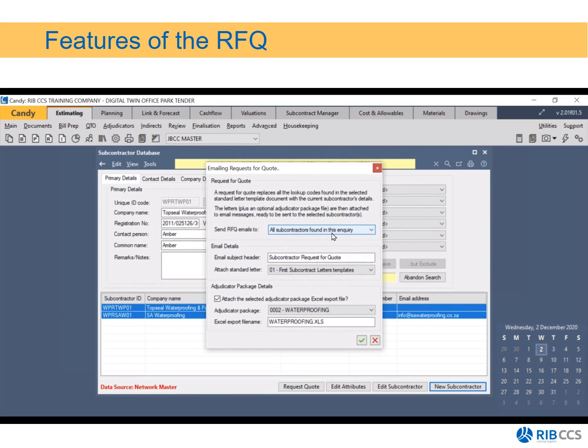I want to send it to all of the subcontractors found in this inquiry. That's correct. The email subject header, I can then change to Digital Twin Office Park RFQ. It's asking me which template I want to use. I can click on the drop down, and I'm going to use number 3, the one that I've recovered, and